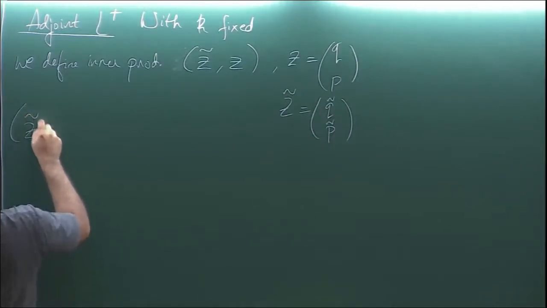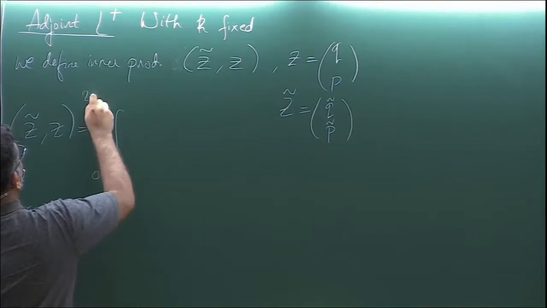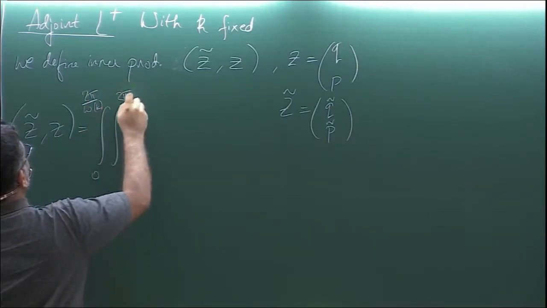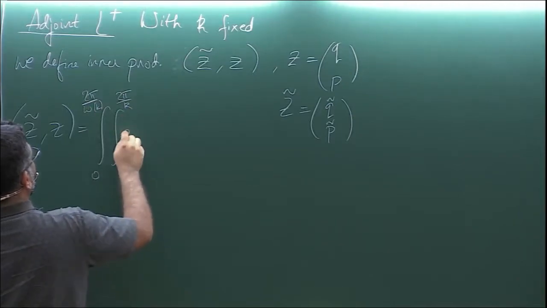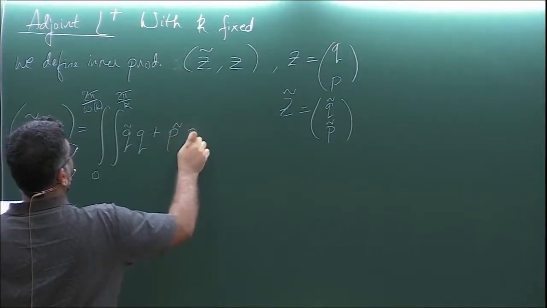And I'll define z tilde, z to be the integral from 0 to 2 pi by omega of k, 0 to 2 pi by k, of q tilde q plus p tilde p